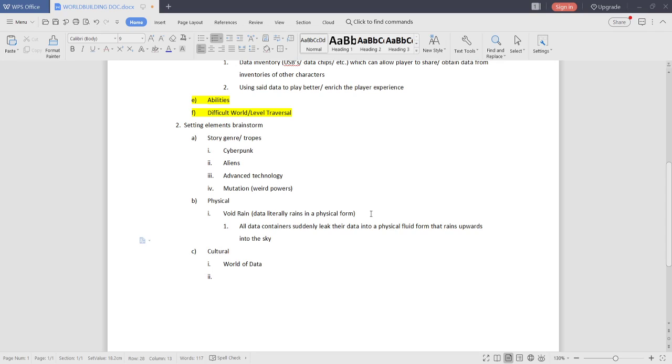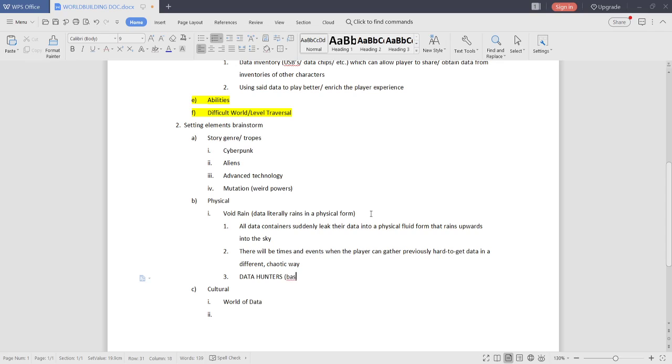That way, there will be times and events when the player can gather previously hard to get data in a chaotic way, because there are data hunters.